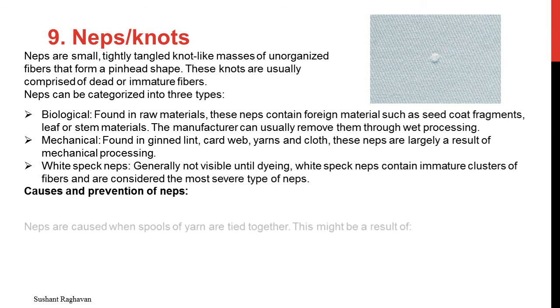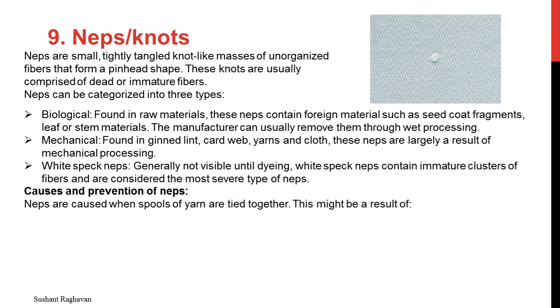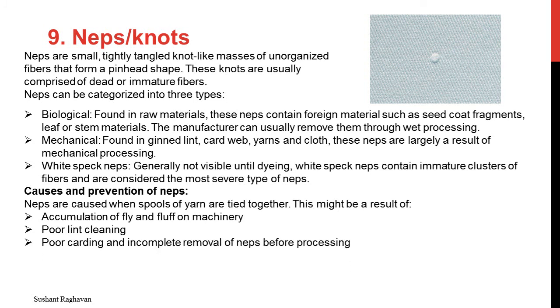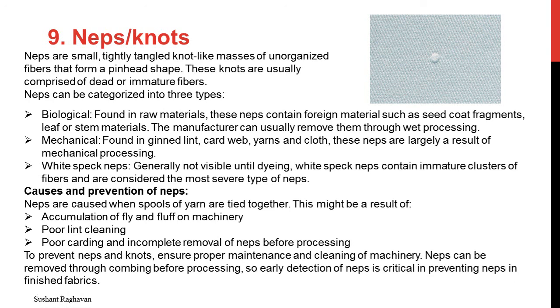Causes and prevention of neps. Neps are caused when spools of yarns are tied together. This might be a result of accumulation of fly and fluff on machinery, poor lint cleaning, poor carding and incomplete removal of neps before processing. To prevent neps and knots, ensure proper maintenance and cleaning of machinery. Neps can be removed through combing before processing, so early detection of neps is critical in preventing neps in finished